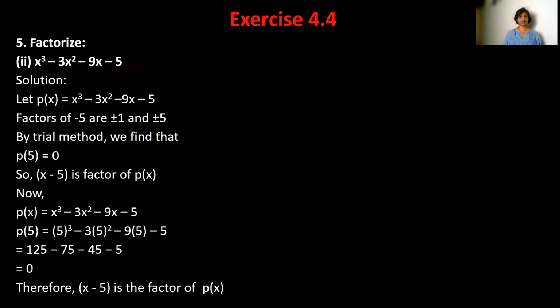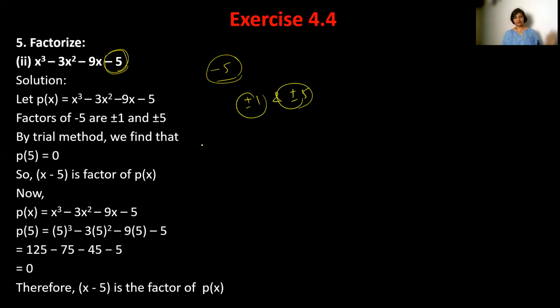Same type of question it is. So here it is a cubic expression. When you see a cubic equation, first you have to find out one factor. How? First you will see the constant. What is the constant? -5. How can you find the factors of this? So plus 1, -1 and plus 5, -5. These two are the factors of this number, right? So you have to use here x minus 5.